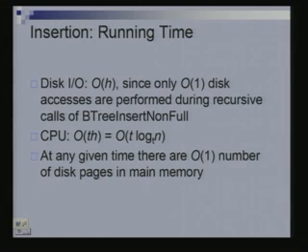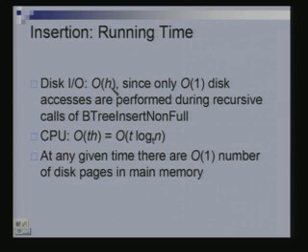So, how many disk IOs are required? Basically you just have to move down the tree once. You have to access every node, and then every time you split a node, you have to write down that node back to the disk, its parent node back to the disk, and one new node that you create back to the disk.